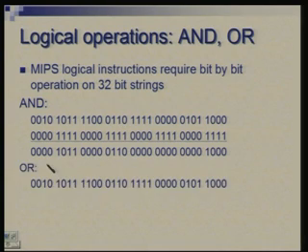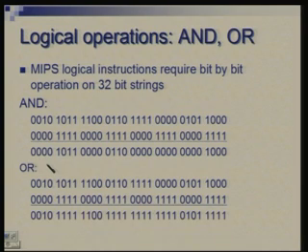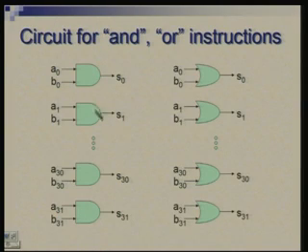Similarly, the OR operation over the same two numbers will give you this. Wherever either of them is 1, you get a 1, and only when both are 0 you get a 0. Okay. So, the circuit for doing this is very simple. There is no relationship between what you are doing for bit i and what you are doing for bit j. So, for each bit position you have an AND gate, right. So, the ith AND gate ANDs Ai and Bi to give you Si. Similarly, the ith OR gate out of 32 OR gates ORs Ai and Bi and gives you Si, which is the OR of these two.